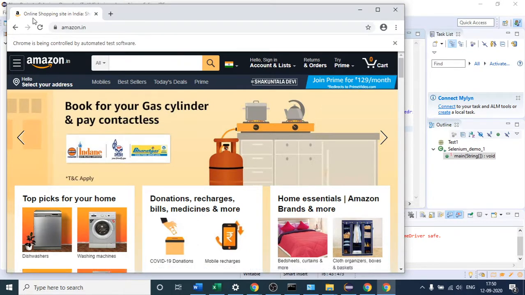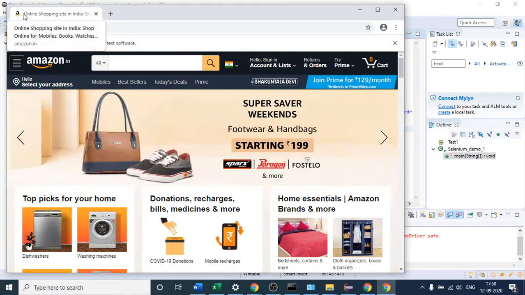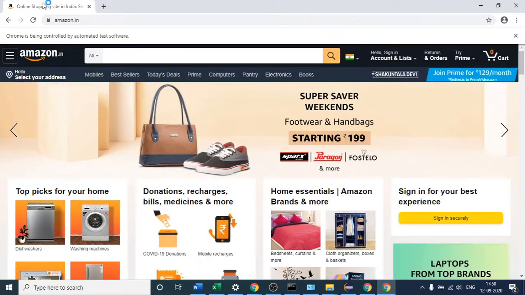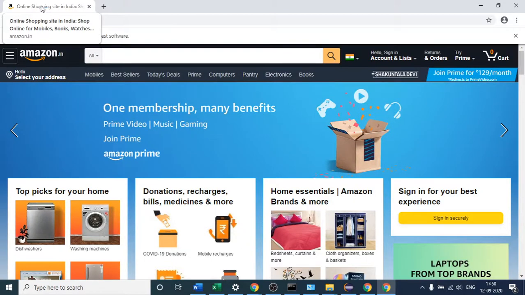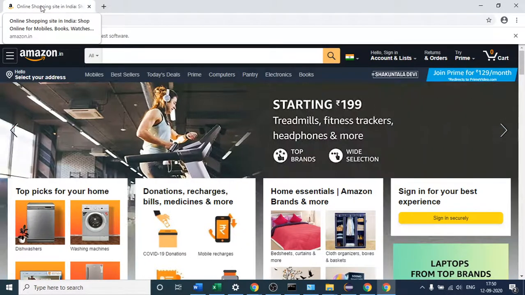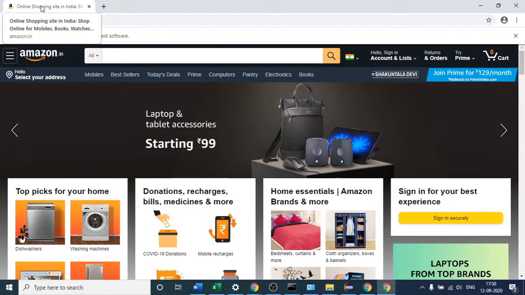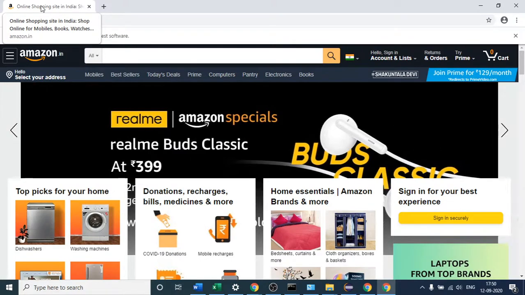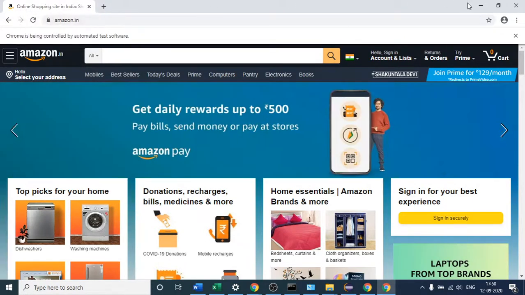Okay, so you can see, I hope you all know that this is the title of the website. If I open it in maximize mode, this is the title, right? So what if I have to print the title? First of all, why are we going to print the title? In projects, you have to test whether you are landing on the correct website or not, right? So in that case, I will match the title to check whether I am getting the correct title or not. So this is the title I want to fetch. So how am I going to do that?